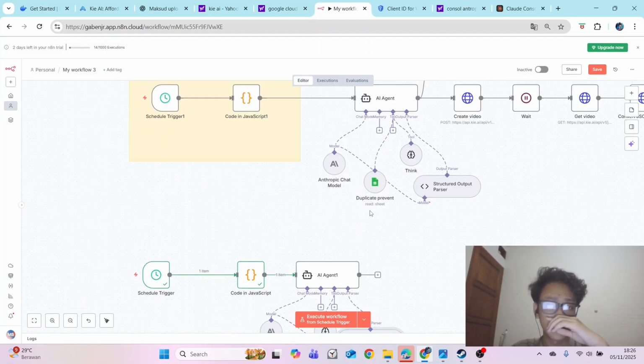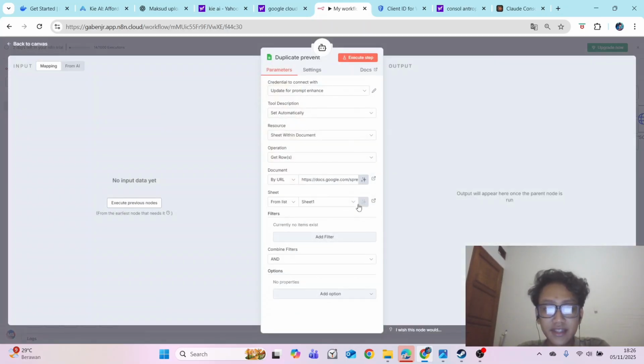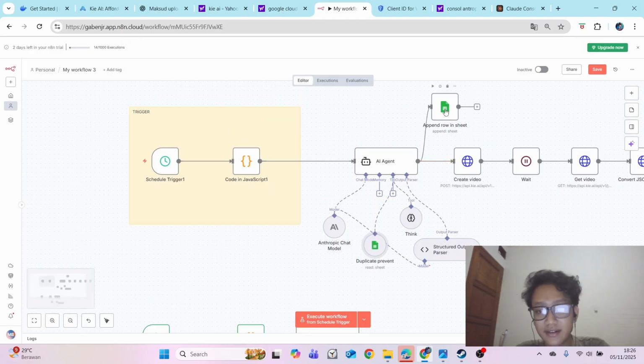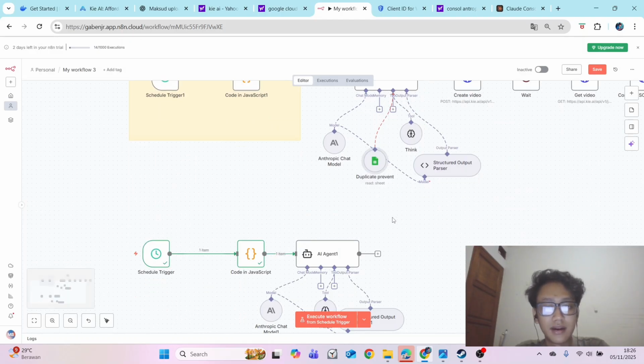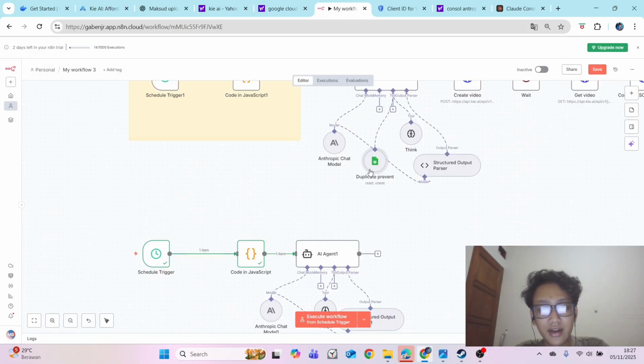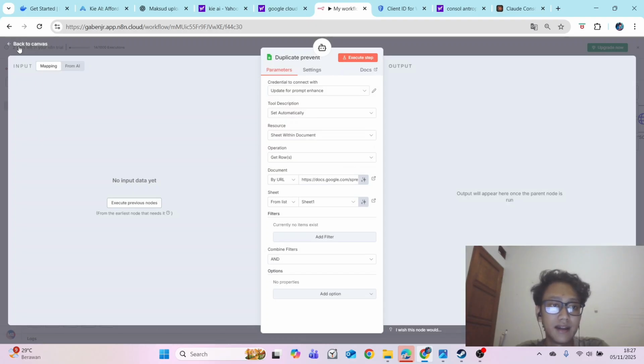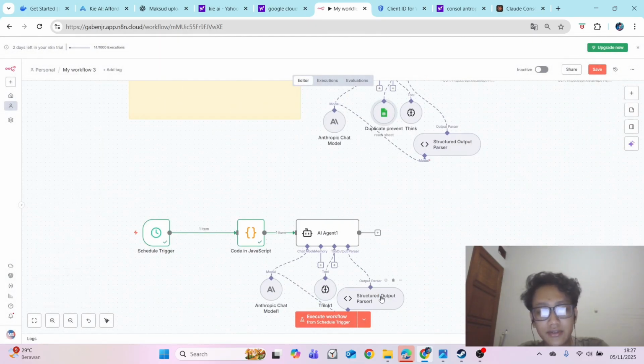It is optional anyway. You can put your Google Sheet here. The reason why I put the Google Sheet here is because I do not want every video that I post to my YouTube channel to use the same title. So I created the database here. It is optional anyway. I will skip the tutorial on how to do it, because it's very easy. You can just put your Google Sheet in like that. I think there is no need for a tutorial, so I will skip it.